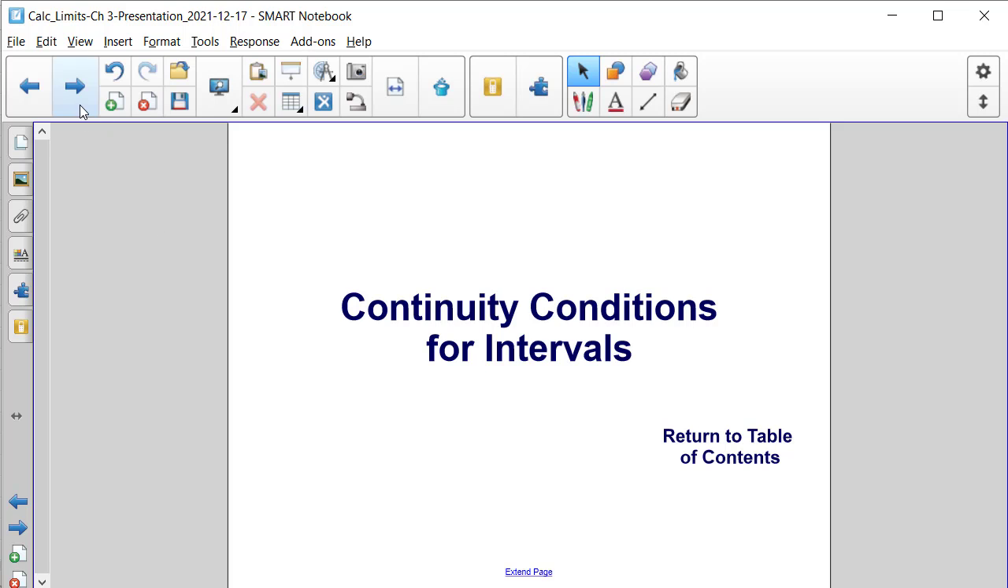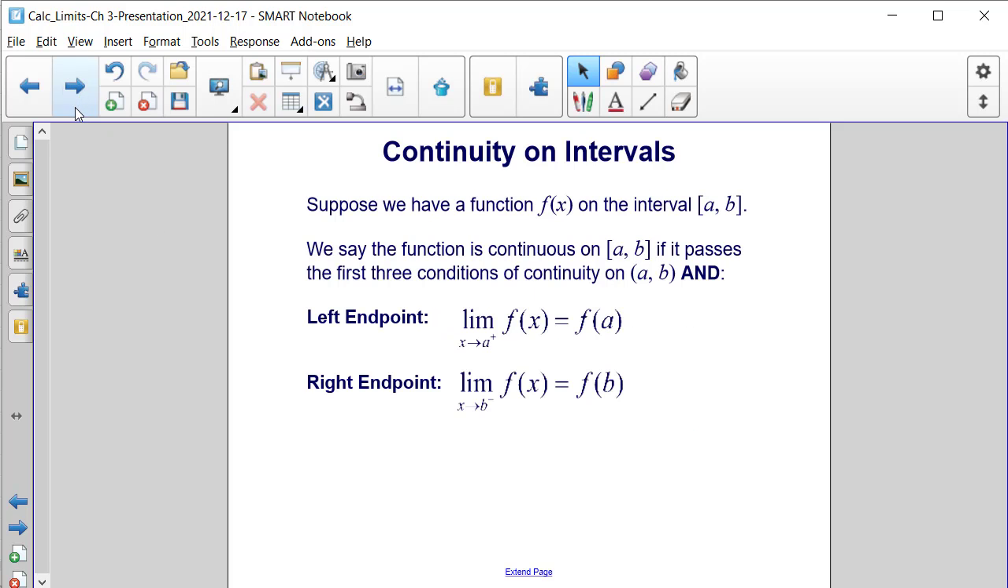Continuity conditions for intervals. Suppose we have a function f of x on the closed interval from a to b. We say that the function is continuous on this closed interval from a to b if it passes the first three conditions of continuity that we've been going over on the open interval from a to b,